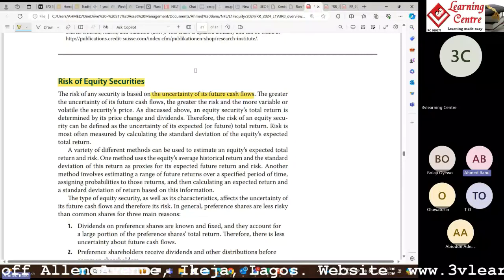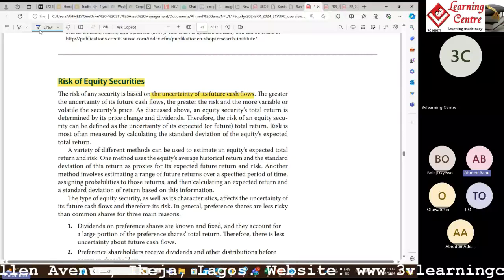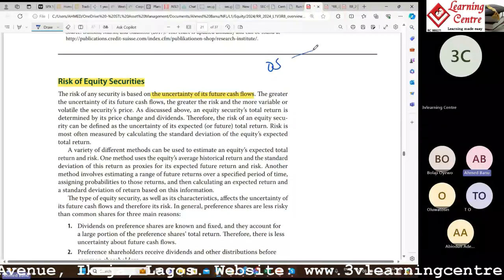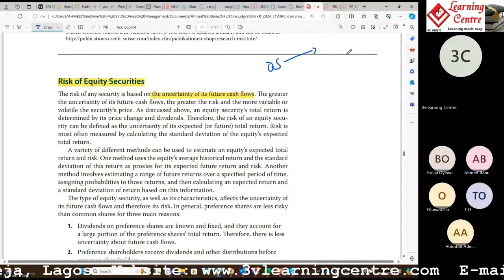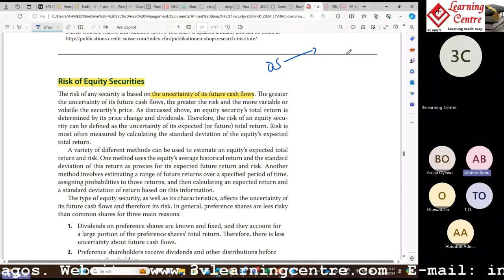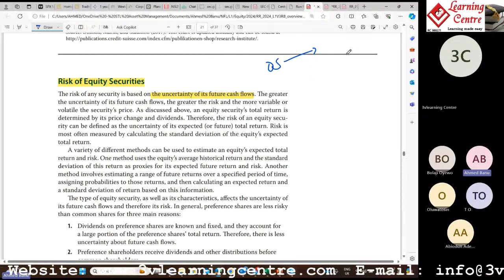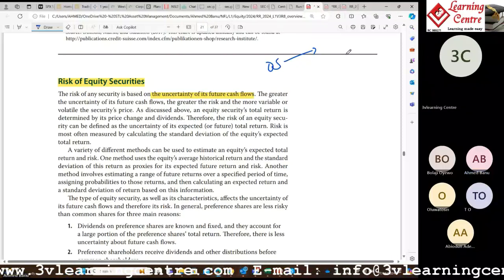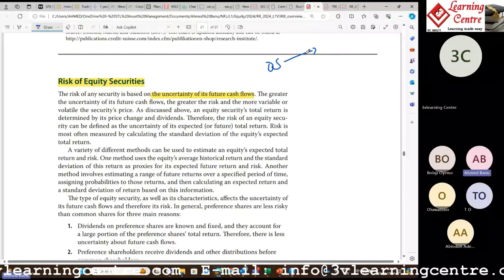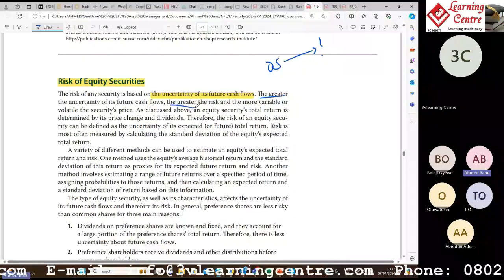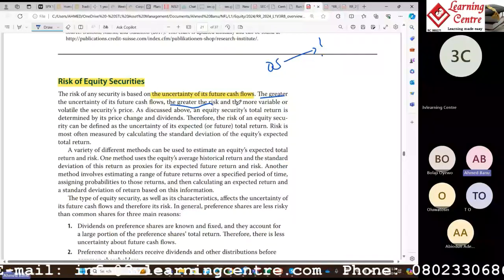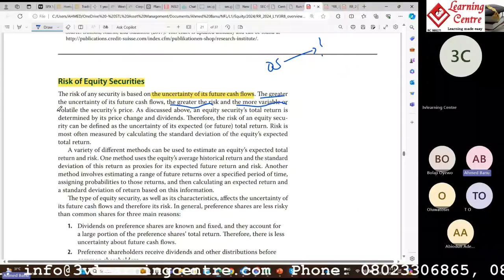And if you remember, for ordinary shares, the company does not have any obligation whatsoever to deliver dividends to you and to deliver price appreciation to you. So technically, your future cash flows are very uncertain. And the greater the uncertainty of cash flows, the greater the risk, and the more variable or volatile the